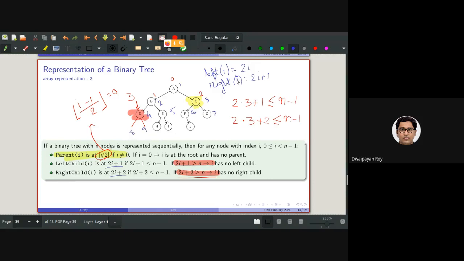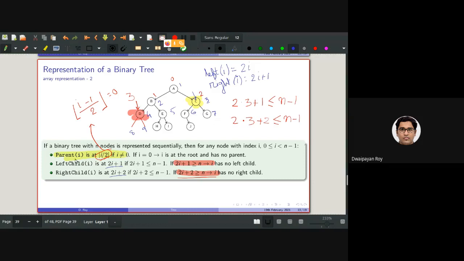Now take any random node, say this one. The node is stored in the 3rd position, so the left child will be in the 6th position and the right child will be in the 7th position. Now let's look at the parent.